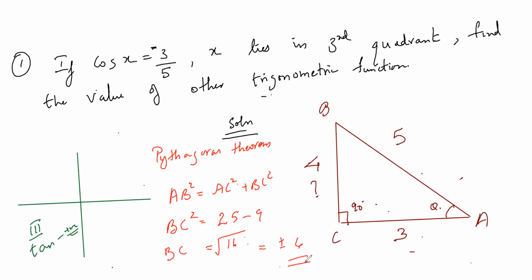Why did I draw the triangle? Just for your visualization purpose, that's all. Correct? Once I get this 4, 3 and 5, we all know what is my 3, base. This is my hypotenuse. Correct? And this is my height or the opposite side. Opposite side, base or adjacent side, I think you know this stuff. Is there anyone who does not know these things? Please let me know in the chat option.